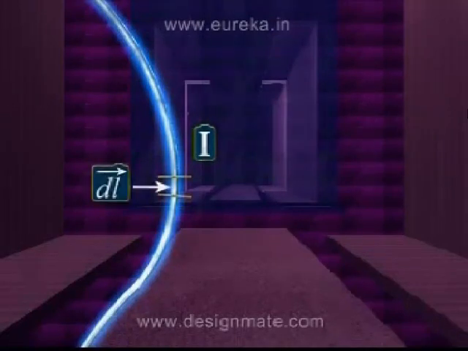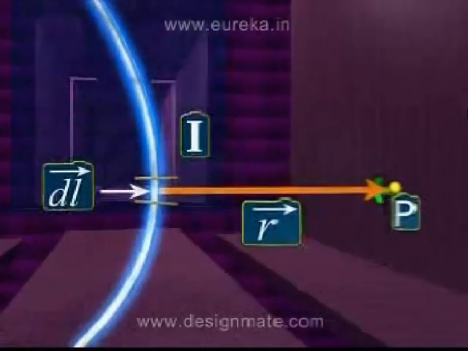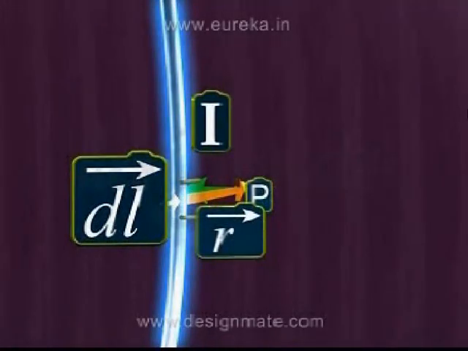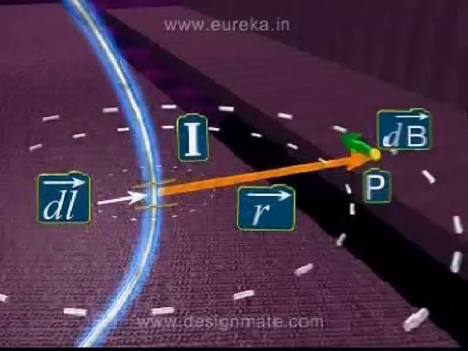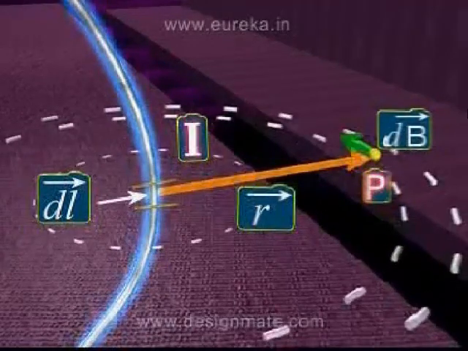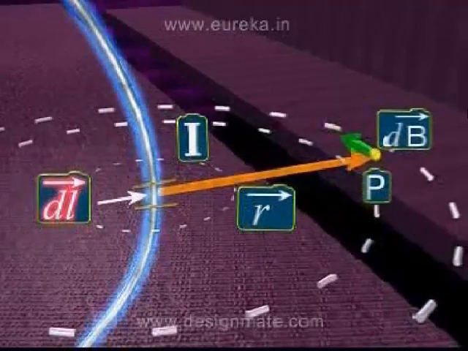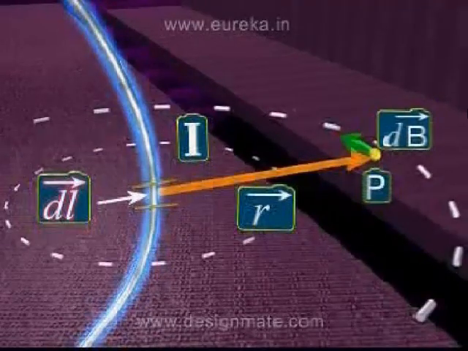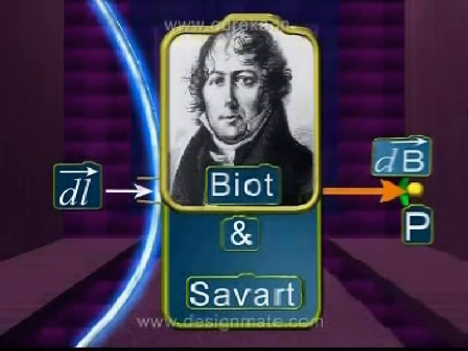One of such elements is shown in the figure, which also shows the position vector, vector r, of a point P with respect to this line element. The magnetic field vector dB at P due to the current I in the element vector dl can now be found by using Biot-Savart's law. The Biot-Savart's law,